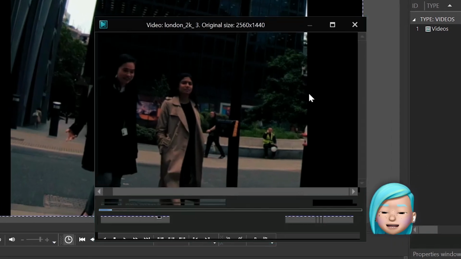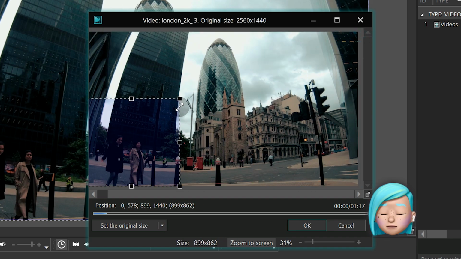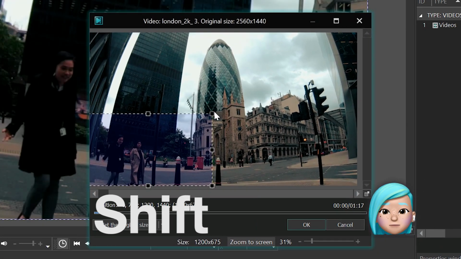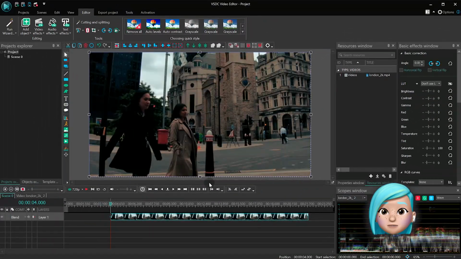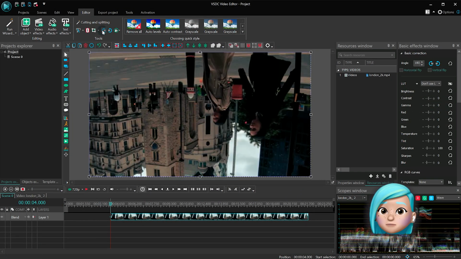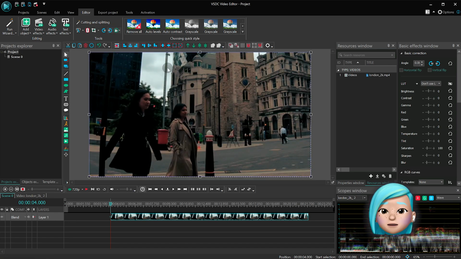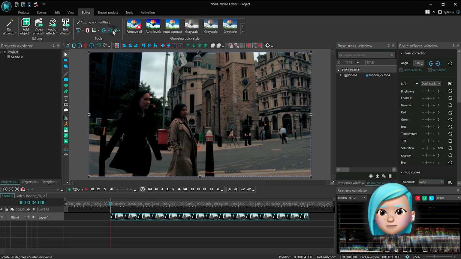Notice that if you choose to set the size according to the scene or object, and then you start manually changing the frame, you will reset the original selection. To maintain crop and size according to the scene or object, select this option, then press the Shift button and continue resizing manually. Finally, the Quick Access menu includes tools that allow for rotating files 90 degrees clockwise or counterclockwise. This should be pretty self-explanatory, but feel free to check other tutorials on rotating files in VSDC.